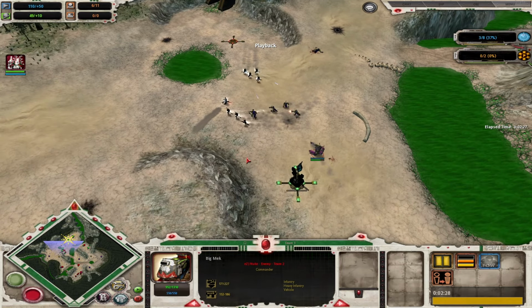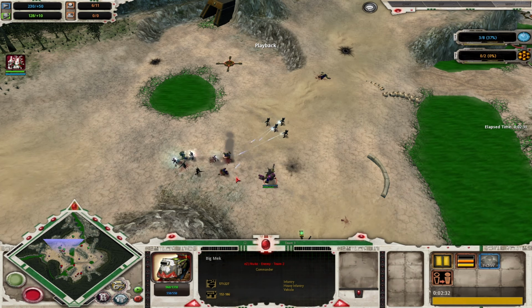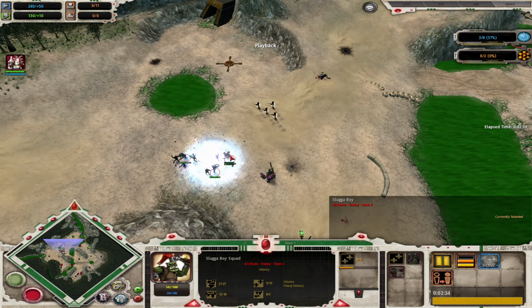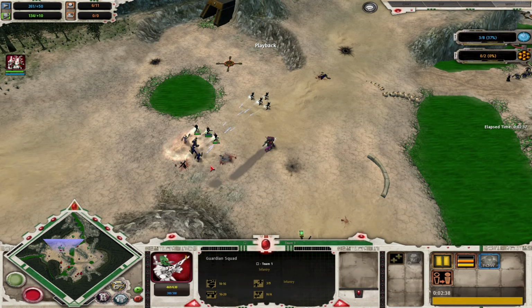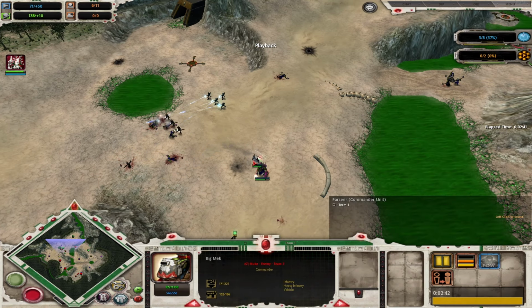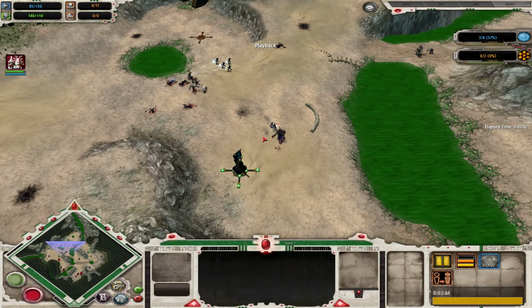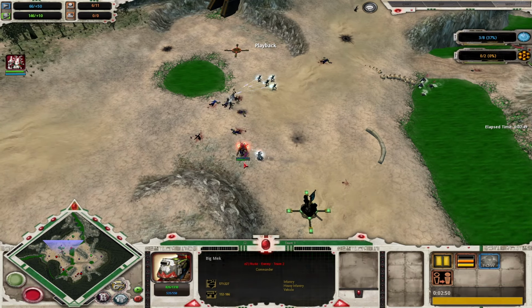Bit of an engagement going on. It looks like the Farseer already used her Mind War on the Big Mech. One squad of Slugger Boys will try to fight some Guardians. I wonder who... No, the Big Mech does win in a one-on-one with the Farseer, but he does already have a chunk of his health down, so I wonder if he can still win this fight, but...